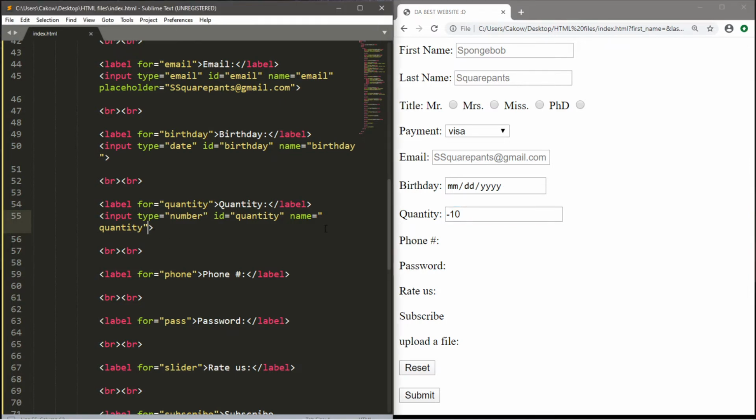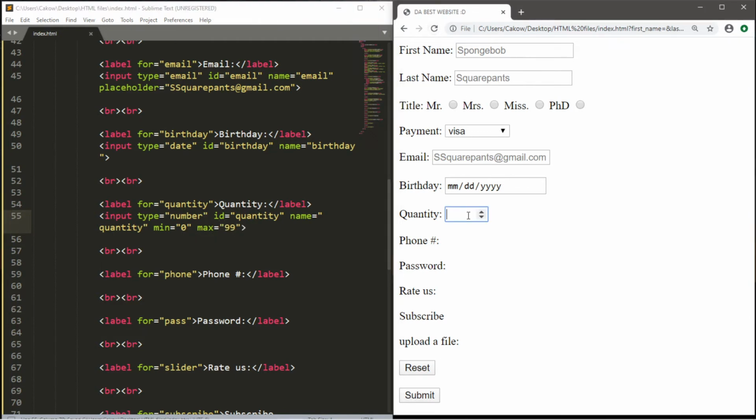So in order to do that, within the input element, we're going to use the min attribute and set this equal to perhaps 0. Like they want to buy 0 for the minimum amount. And maybe max, we can set this equal to maybe 99. So let's save, reload the page, and we cannot go below 0, nor can we type in a number bigger than 99 and successfully submit it.